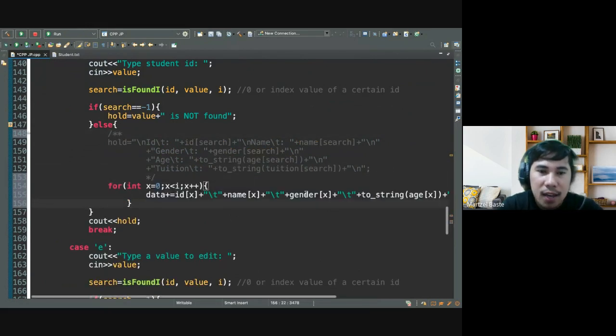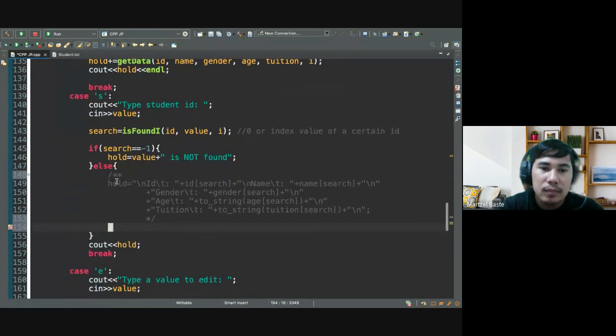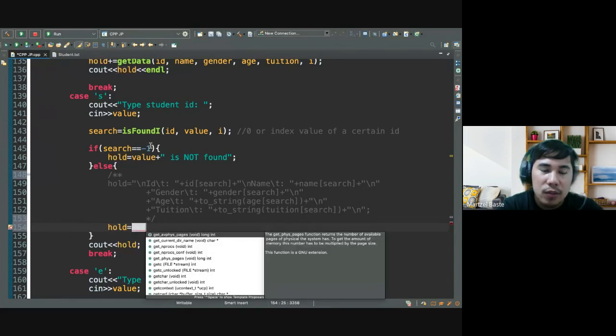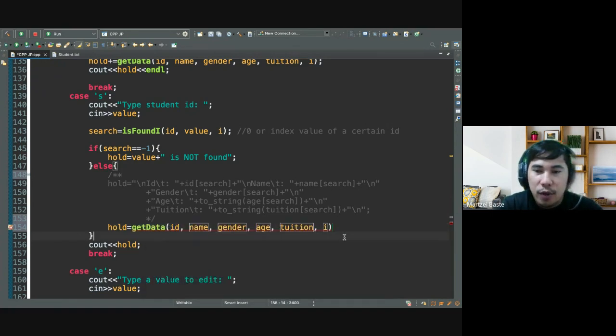Get data na lang. Ay, sorry. Hold. Sorry. Hold plus equals get data. Ay, sorry. Pwede na hold equals get data na lang. So, actually, pwede see out diretso. Anyway, get data. Pero ang ipasa na to dire is katong